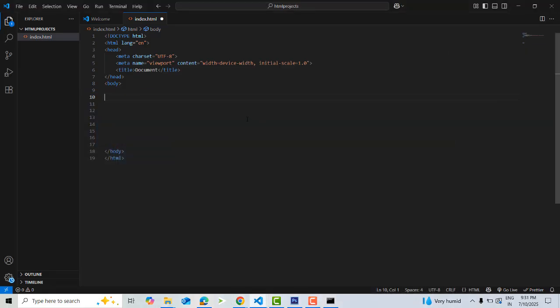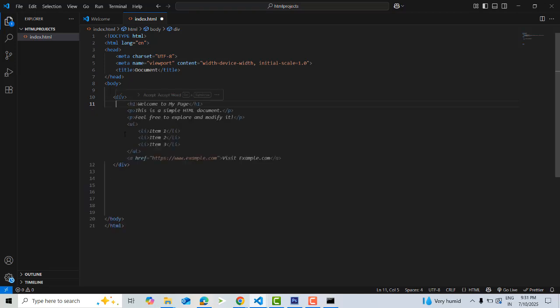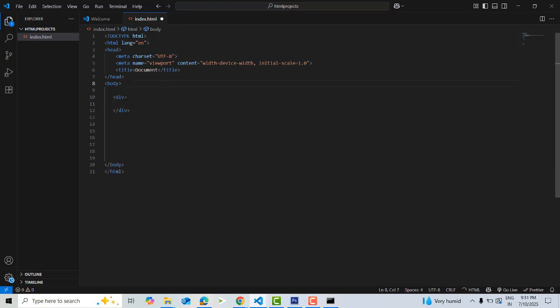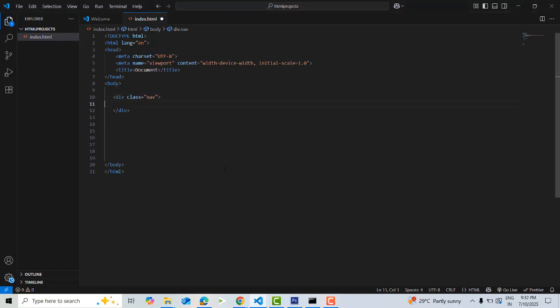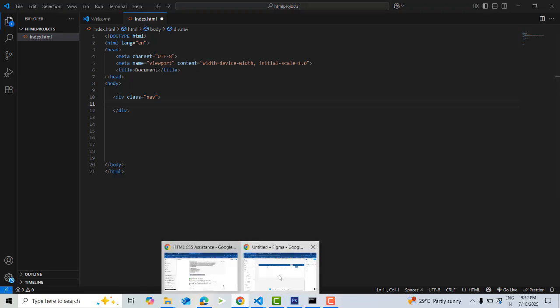First what I'm going to do is go to the navbar section. You have to write a div, one div, open and close bracket. This one you have to call a navbar section. The class you have to call navbar, nav. Inside this navbar, first you have to focus on how many